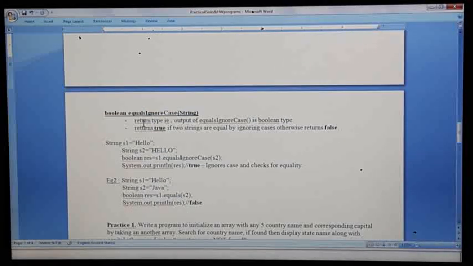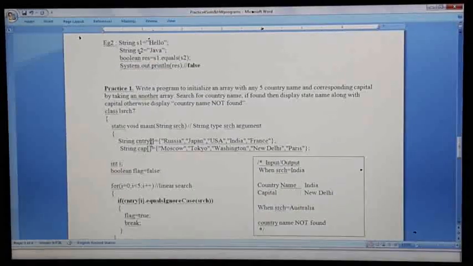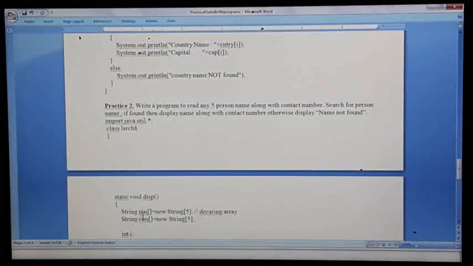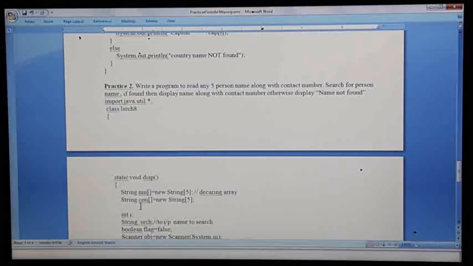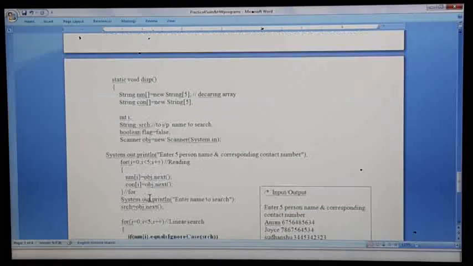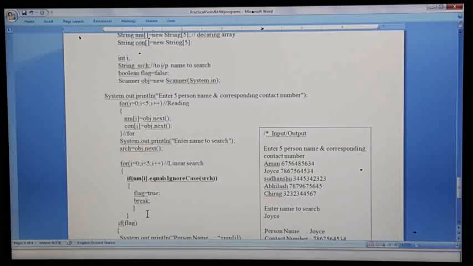Then today's programs: initializing country name and capital, and another with a person name and contact number, searching for the person name and displaying the contact number. Please take a printout, those who have a printer at home. Otherwise save this file for future reference.